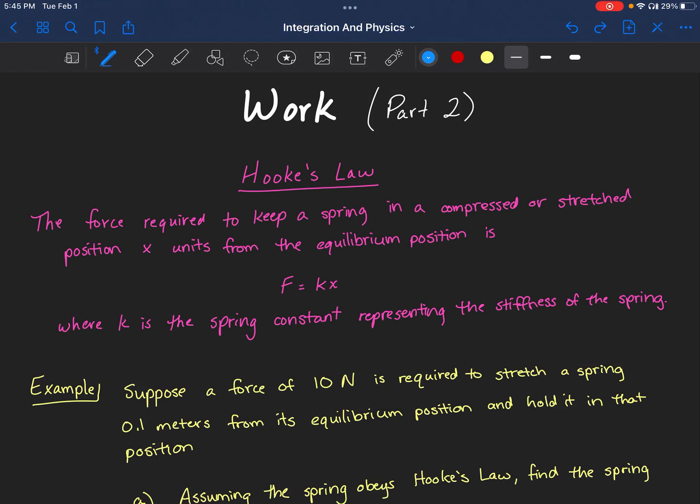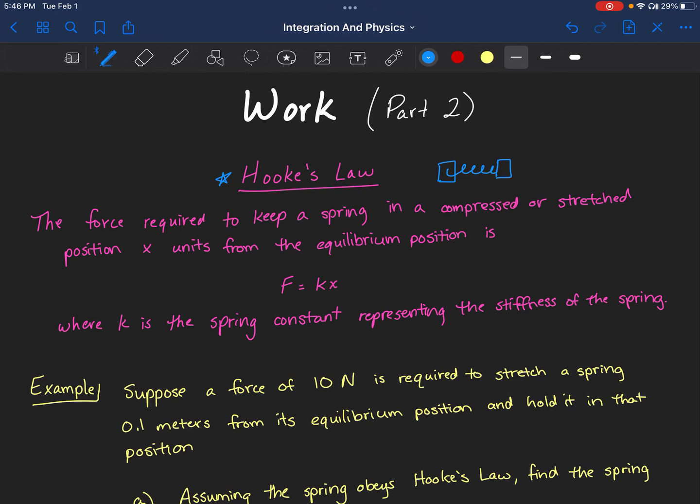So this is going to be my second video on work, and specifically in this video, I want to focus on spring problems, so problems involving springs in calculus. So the first thing I need to talk about is Hooke's law, which basically says that the force required to keep a spring in a compressed or stretched position x units from its equilibrium position is F equals K times